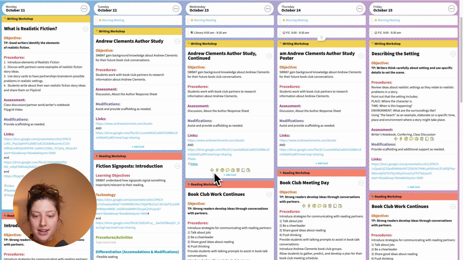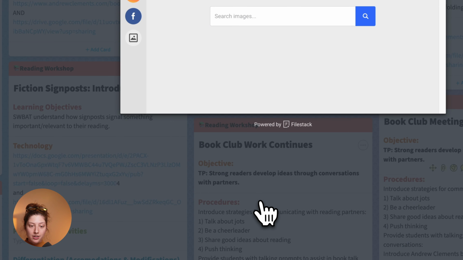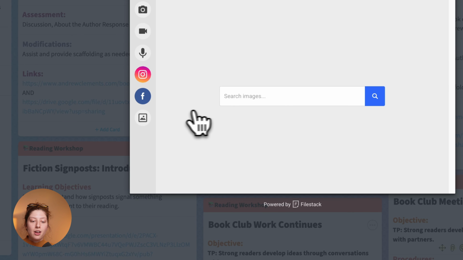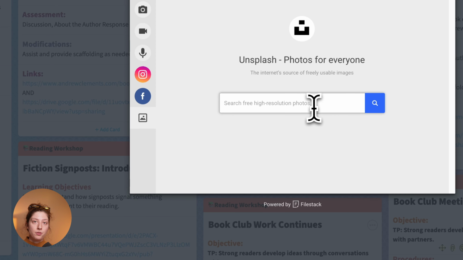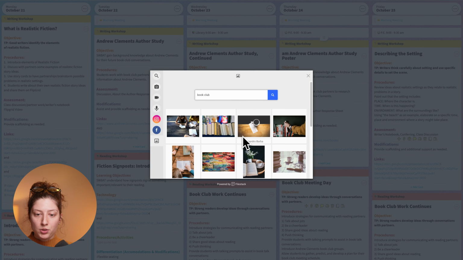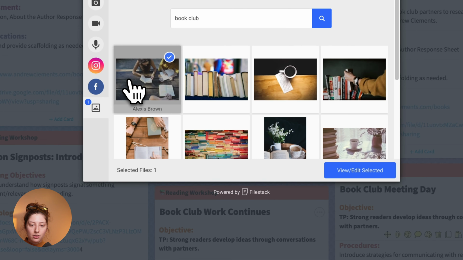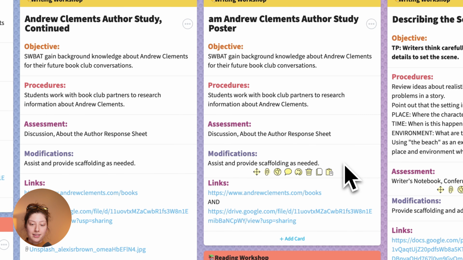Other things you can add, I'm gonna go back to attach file. You can add from others here. This has some really cool options. The one that I think is really cool is the Unsplash. So here's where you can search for different photos you want to add. So let's just search for a photo to add to this lesson. I'm going to search book club